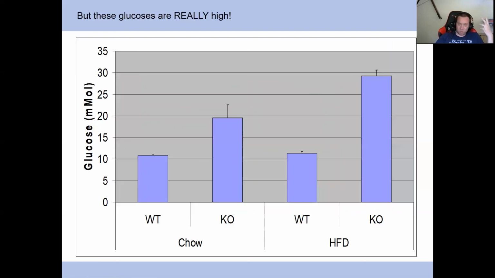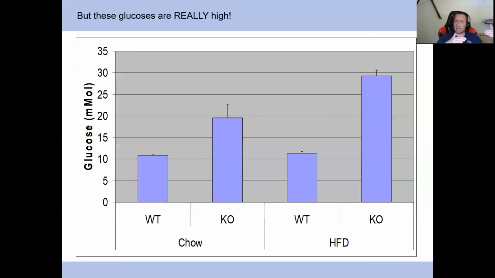So these glucoses are really high, okay? So could it just be diabetes or some equivalent? You've got some beta cell failure going on. Maybe the Birnbaum mouse has problems with its beta cells in the same way the Coleman mouse had, but not as severe. Well, I would argue that the data we have is not that compatible with that hypothesis, because